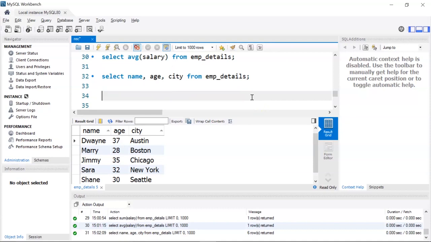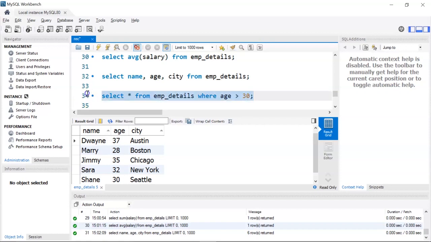Now SQL has a where clause to filter rows based on a particular condition. So if you want to filter your table based on specific conditions, you can use the where clause. Now the where clause comes after you give your table name. So suppose you want to find the employees with age greater than 30. In this case you can use a where clause. So let me show you how to do it. I'll write select star from my table name, that is employee_details, and after this I'll use my where clause. So I'll write where age greater than 30.